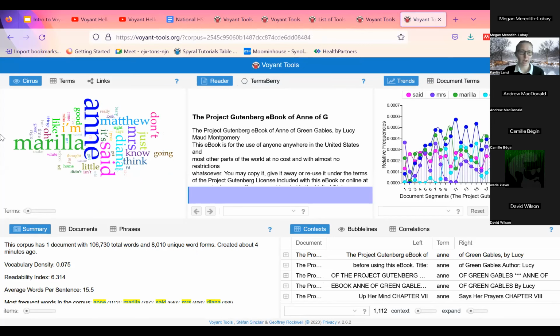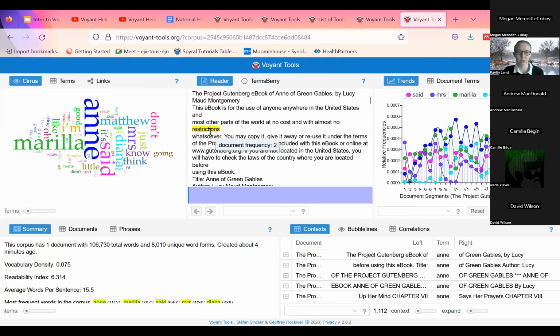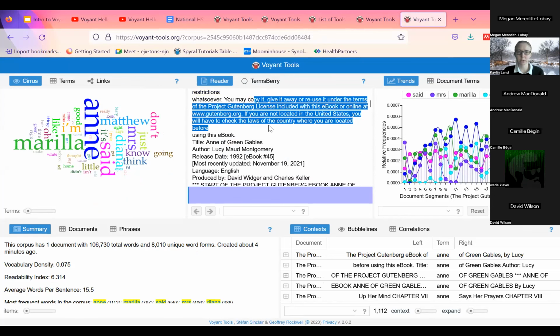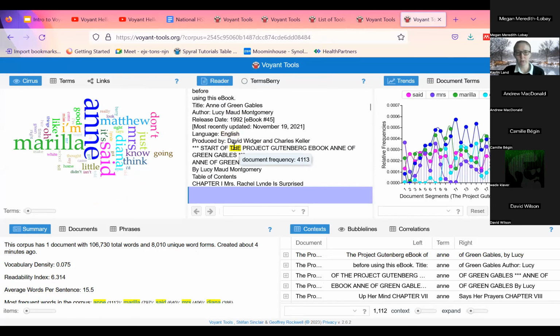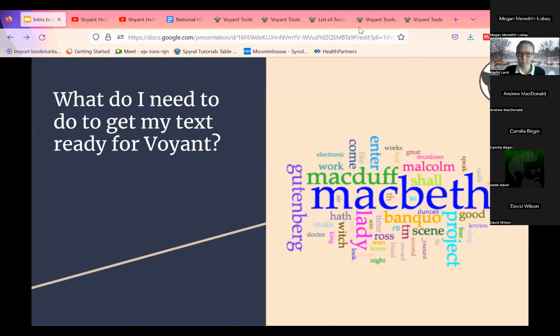And as you can see here in the word cloud, there are some things we probably don't want in the word cloud, based on the fact that I didn't edit out any of this beginning material. For example, all of the Project Gutenberg texts have this long preamble about what you can do with the text. So that's going to impact your corpus. And I actually don't see an example on the word cloud here. I assumed that we would see the word Gutenberg, as you can see here in this Macbeth corpus that I included on this slide, but